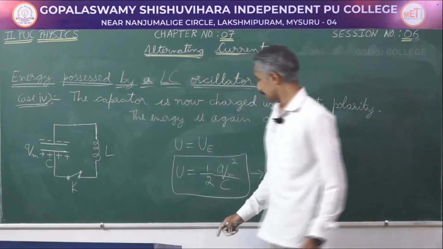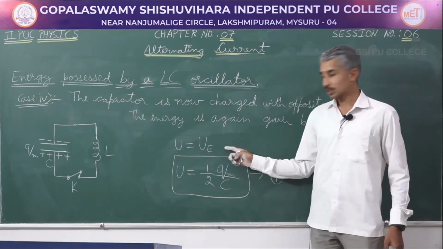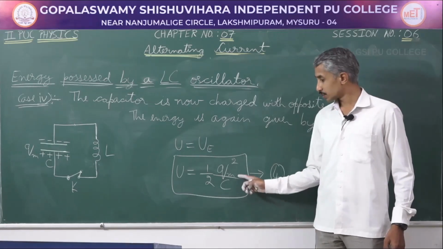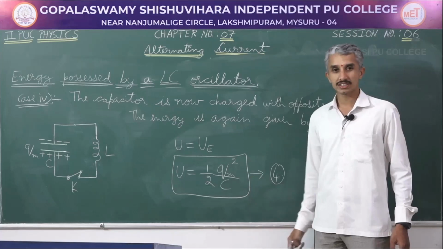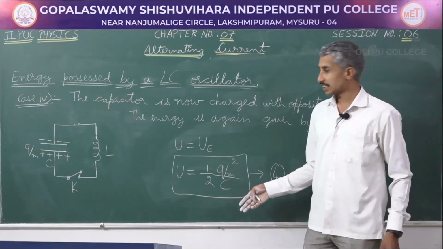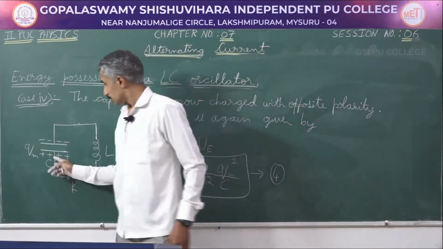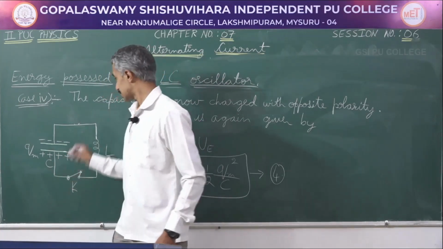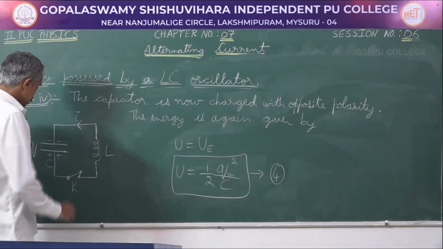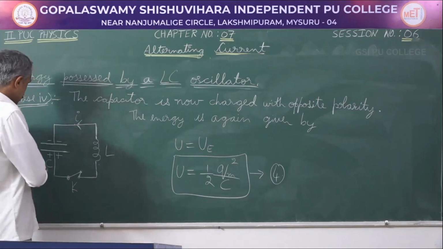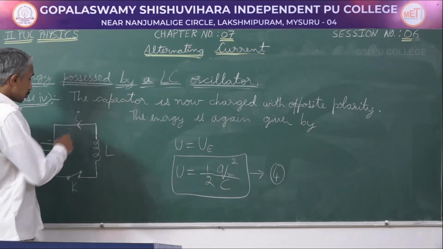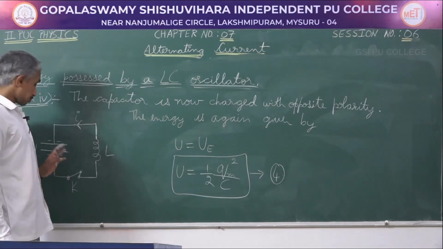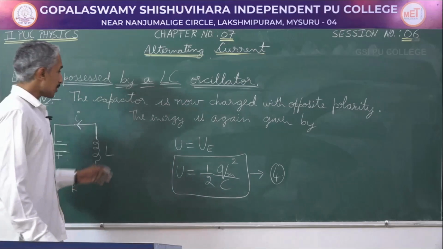Again, the energy possessed now is entirely electrical and it is given by half Q maximum square by C. Next, what happens again? The charges will again start to discharge in the opposite direction. This time the current would be in the opposite direction, but the energy possessed by the LC oscillator, no matter what is